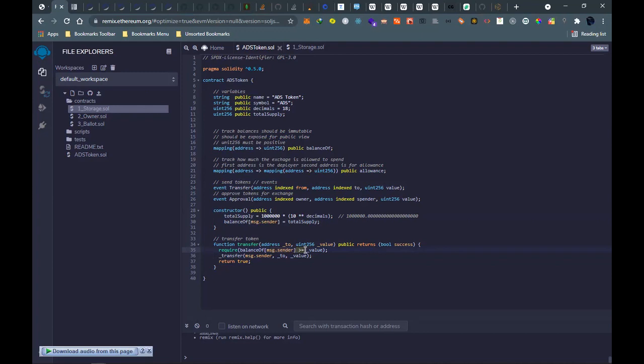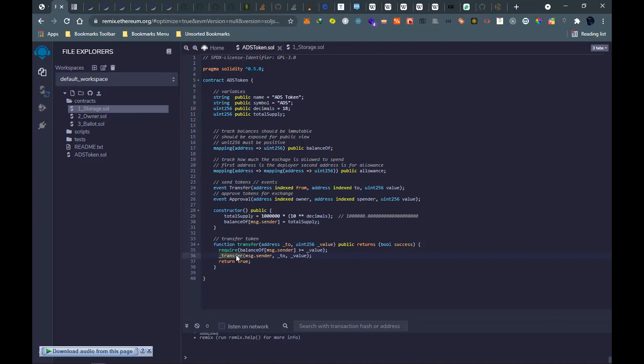We are checking whether the balance is greater than or equal to the value. If the balance of the sender is greater than or equal to the value, then you give the sender the chance to transfer. We have an internal function here called function transfer, which we are calling.